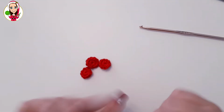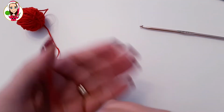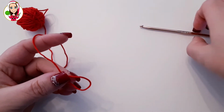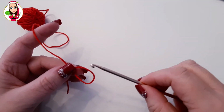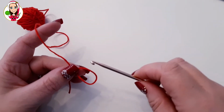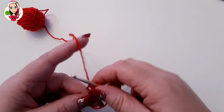So to make our berries, we're going to take our red yarn and we're going to make a magic circle or a magic ring. And I'll put a link in the cards up here on how to do the magic ring. If you're not sure how to do a magic circle, you can do chain 2 and then do all these stitches in the second chain from the hook. So I'm going to make my magic circle,